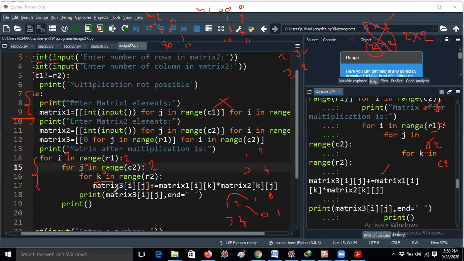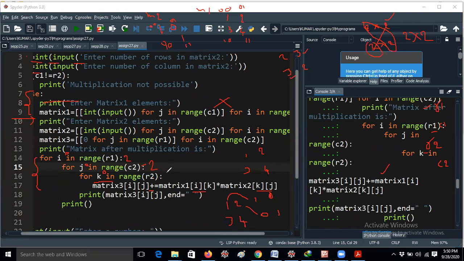Okay. So matrix 3 of ij equals here plus is there. You should understand very carefully. Matrix 3 of ij, this is the only logic, guys. M3 of ij plus equal to M1 of ik into M2 of kj. This is the only line. Whenever you are doing addition, M3 of ij equal to M1 of ij plus M2 of ij, that should be fine. But here it is ik, kj. In C language and Java, in any programming language, Python or Java, whatever it may be, the formula should be here only. This is the line only.